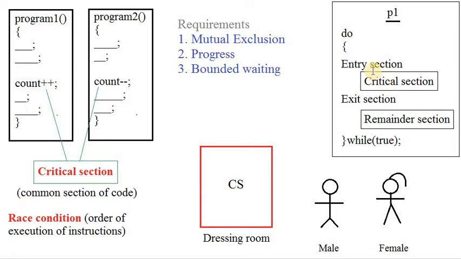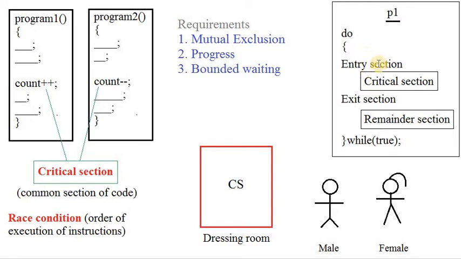So here, why am I restricting this critical section before and after? The problem we have observed is that in both the programs we have a common variable. While you are trying to execute the common variable in both the programs, you may get inconsistent results at the end. So to restrict such inconsistent results, we should have a mechanism called entry and exit sections, using these entry and exit sections.